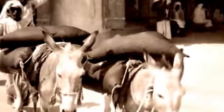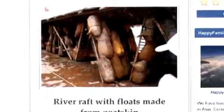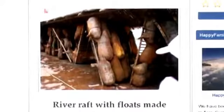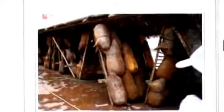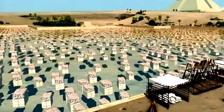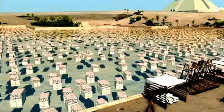When empty and inflated, they make excellent floats. By having the floats pre-attached to the blocks, they would float in the water, not on it, saving thousands of man-hours trying to load the multi-ton blocks on top of unstable rafts. The blocks would require far less buoyant material to float them in the water due to the Archimedes principle of